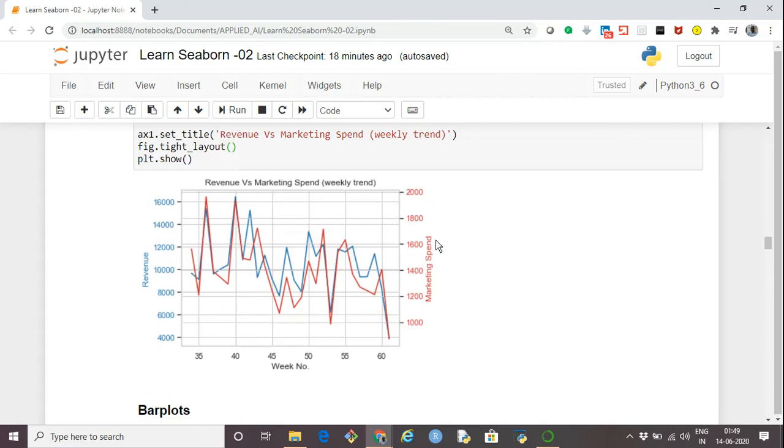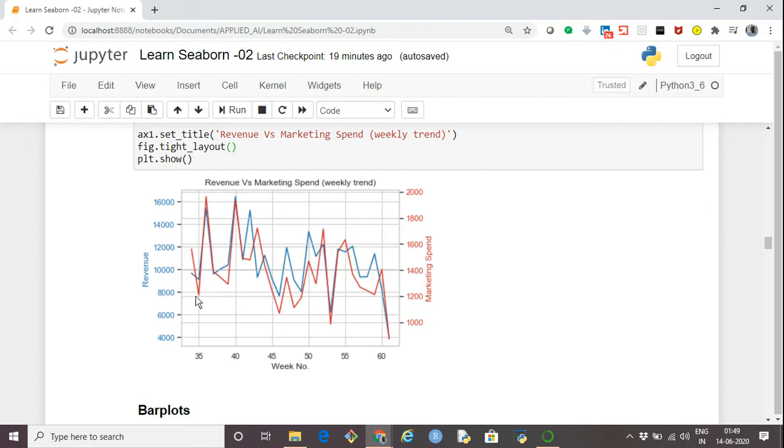So basically the theory is that we want to see whether the revenue that was generated was related to the marketing spend. Revenue generation is on a different scale, if you notice, and the marketing spend is on a different scale. So we have mixed these two charts together in one chart, so we can see the revenue trend by this blue line and the marketing spend to generate that revenue by this red line.